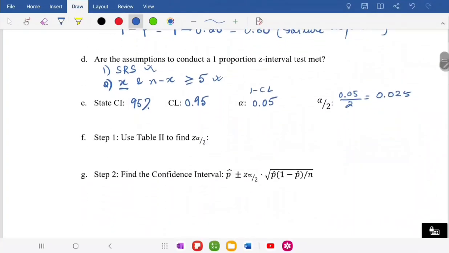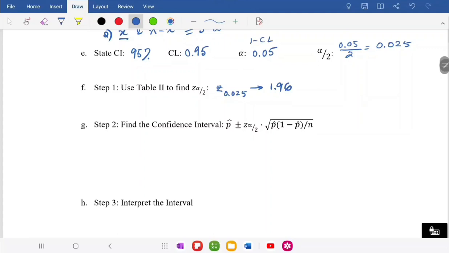And then you're going to use your table 2 or your calculators. If you have a graphing calculator, you can find your Z of 0.025 is 1.96. All right, that's Z of alpha by 2. So now that we have Z of alpha by 2, we have to apply this formula to find the confidence interval. So CI would be P hat is 0.2 plus minus